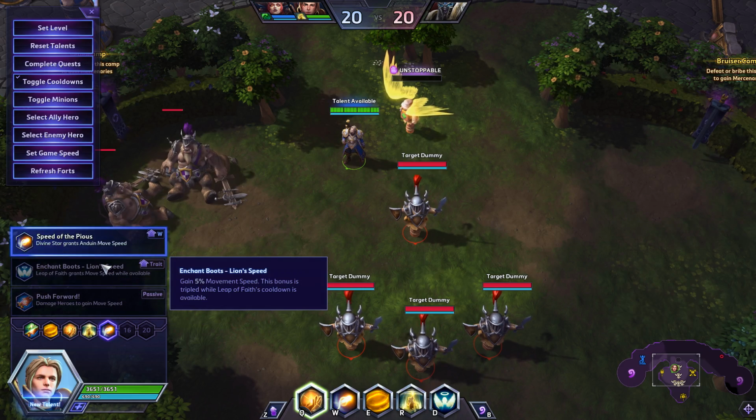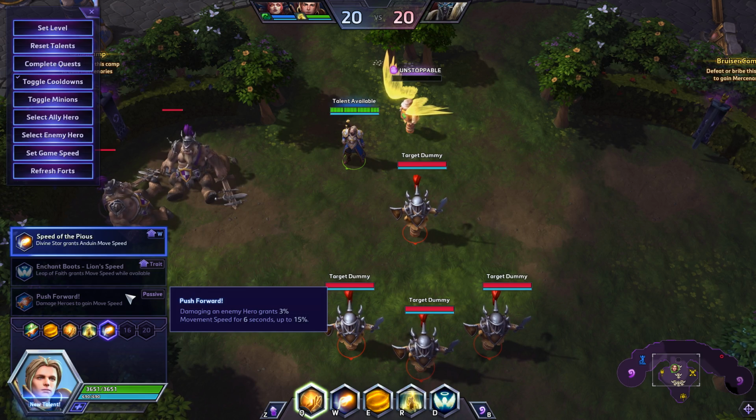getting to your team. Enchanted Boots gives you passive movement speed, 5% if your trait is on cooldown, and 15% if your trait is available. So if you find yourself using your cleanse a lot, this might not be the talent for you, but if you find yourself sitting on your cleanse a lot, then a flat 15% movement speed is just generally good. Push Forward makes it where you get movement speed every time you damage an enemy hero, stacking up to 15%,